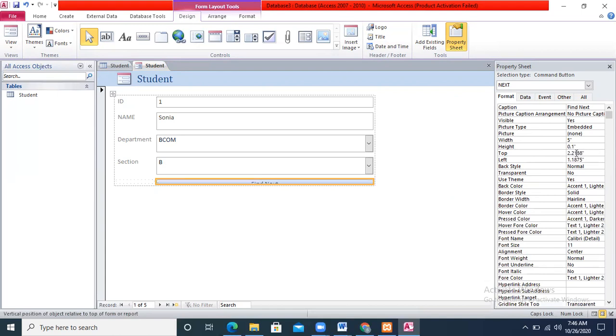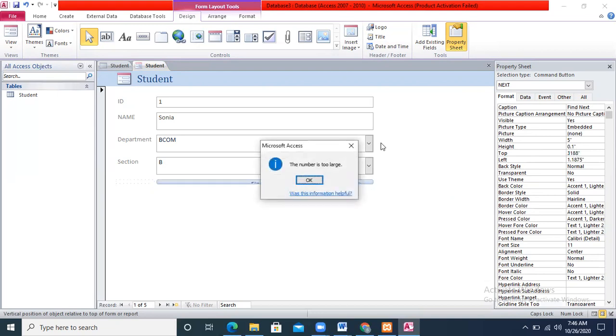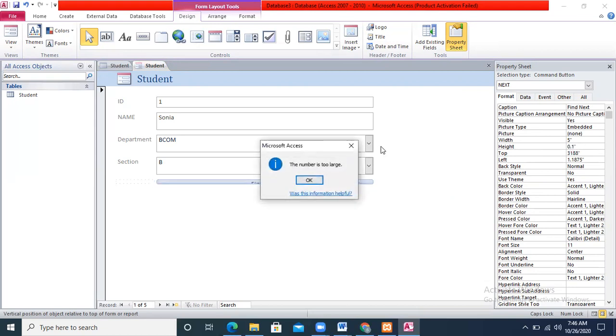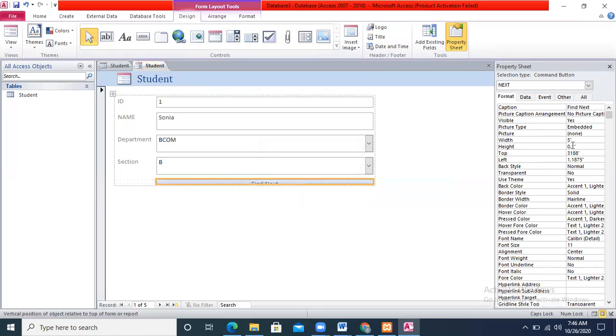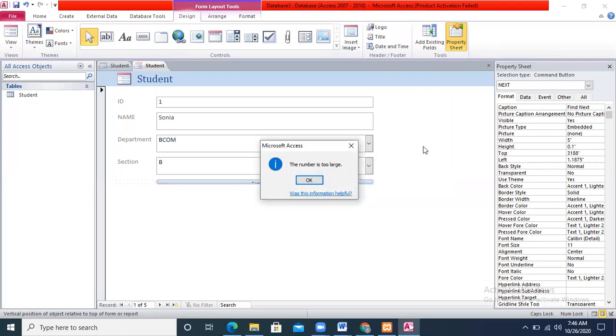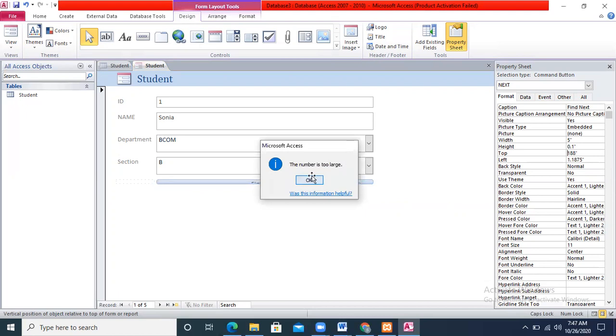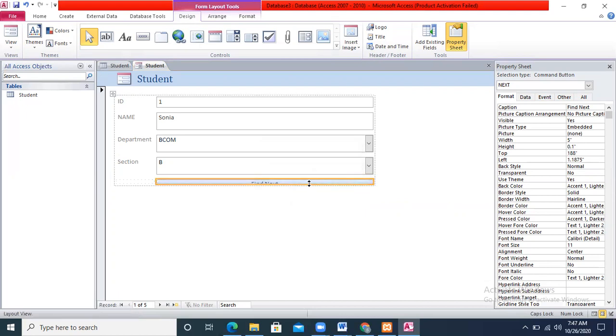My button has been cut off because the number is too large. So the height will become okay. Simply we are going to edit it right here right now.